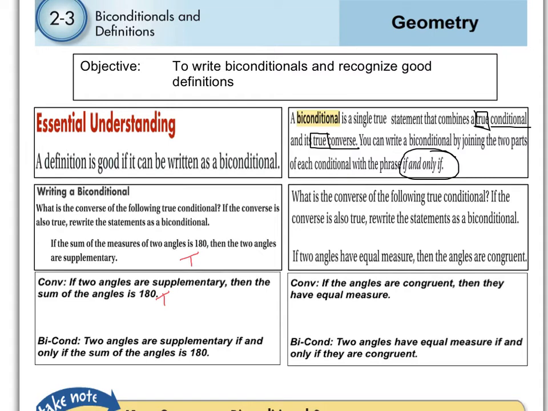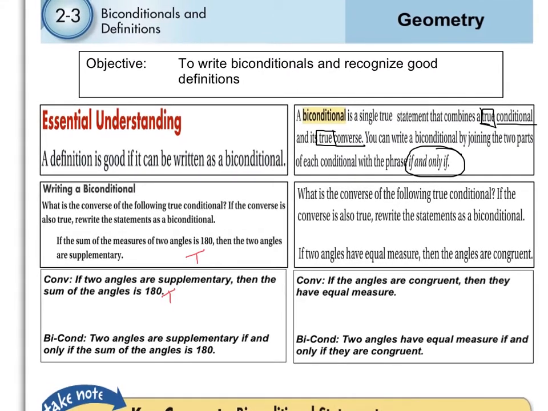And write the words "if and only if" in the middle. So you'll notice you have "if and only if." If you look here at the bottom, the biconditional states: two angles are supplementary if and only if the sum of the angles is 180 degrees. So a couple things about this. This part right here,